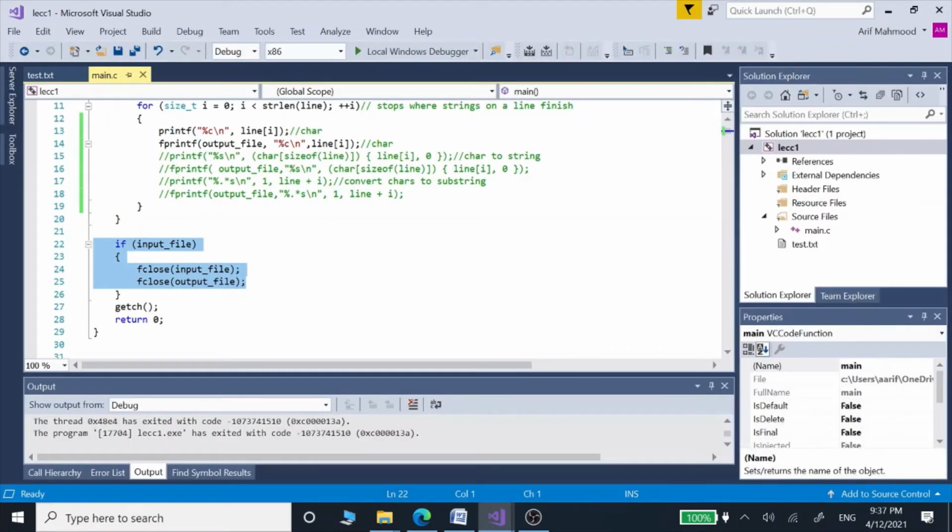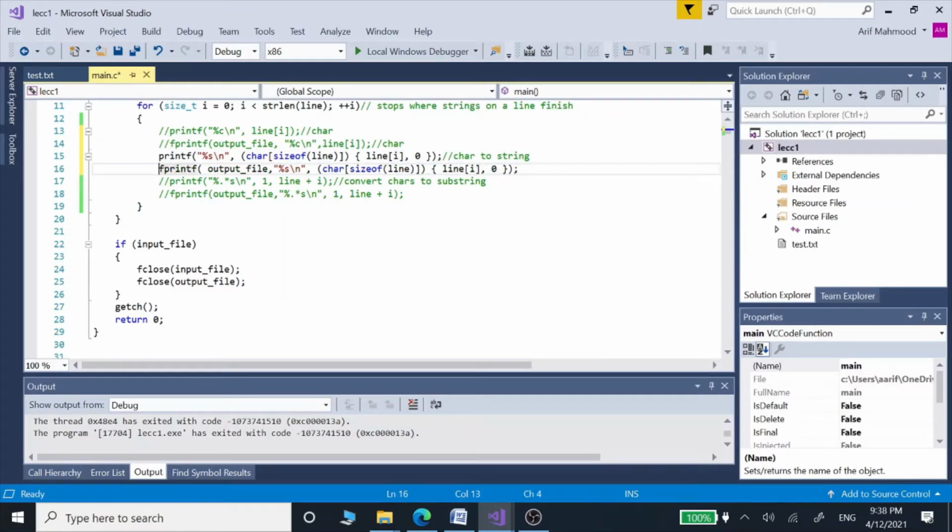And now we are going to see first, so that we can understand what would be the difference between the code lines of a char converted to a string, and the code lines of a char converted to a substring. And these are the code lines which are going to convert our char type into the string type.